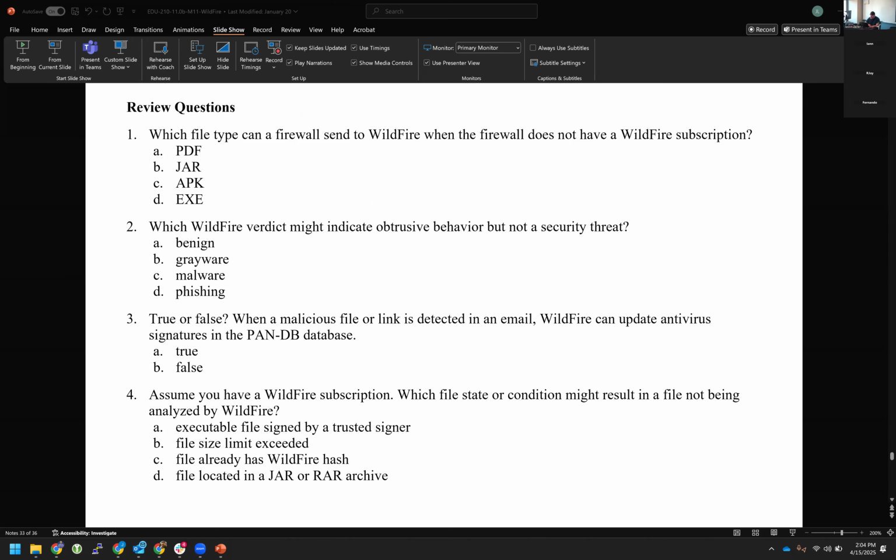Grayware, right? So benign meant that it's nothing. Malware means it's actually malicious. Phishing is obviously still malicious. Grayware is that it's iffy. Sus. Yeah. True or false, when a malicious file or link is detected in an email, Wildfire can update antivirus